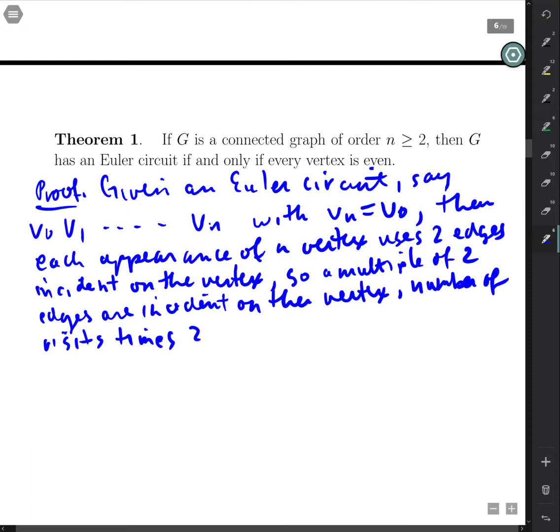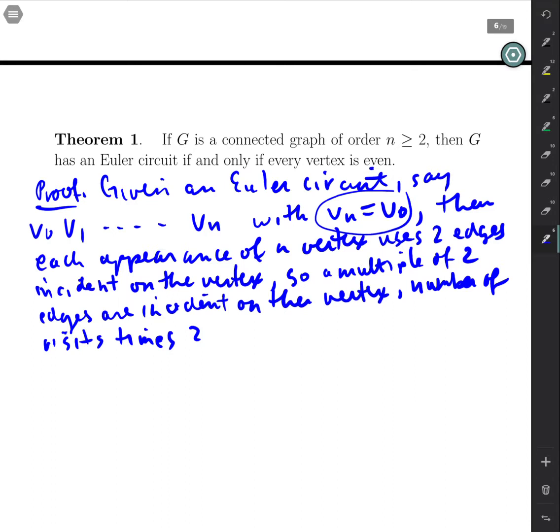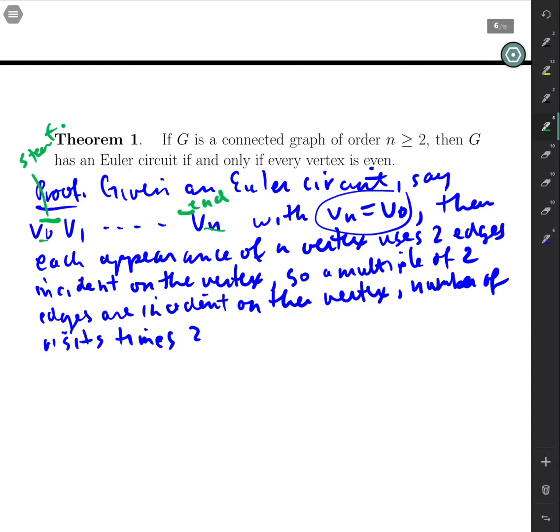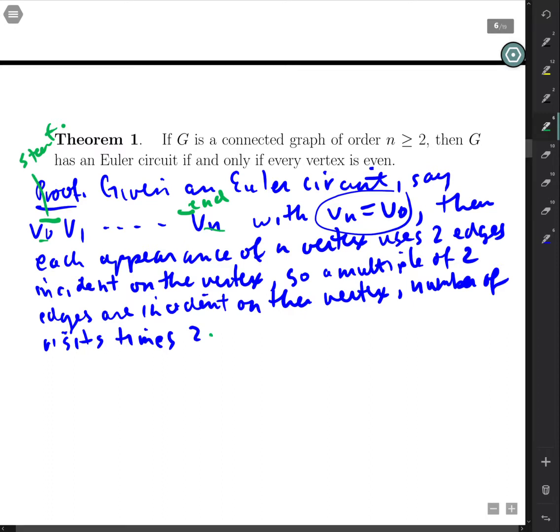And because we can start or end at any place, that also corresponds to the starting and ending vertex, which in one way of looking at it has one edge ending there, and one edge starting there, and that's also two edges used at that appearance of it as a start and the end, just as the V0 in the previous example. So every vertex is even if it has an Euler circuit, hence every vertex